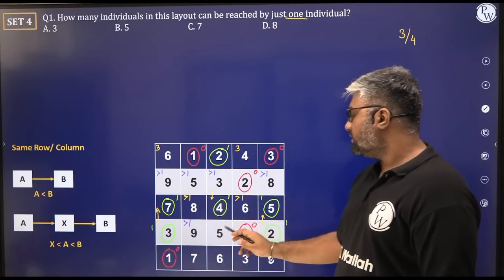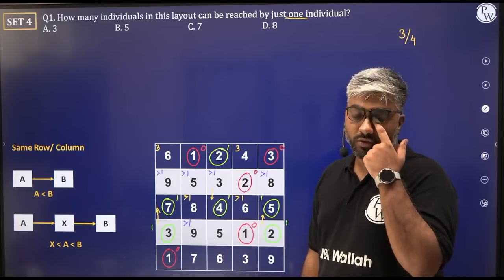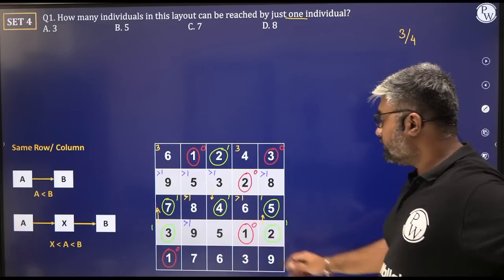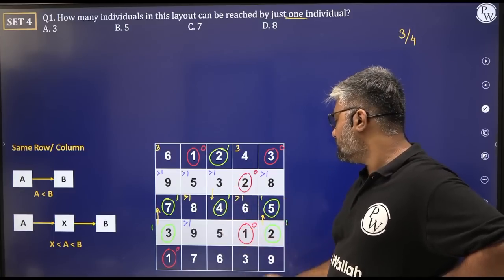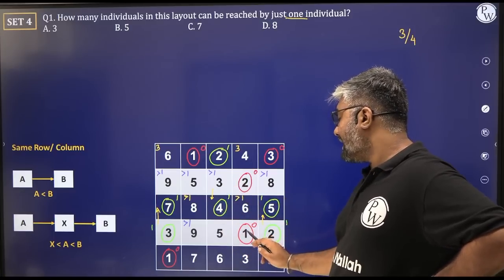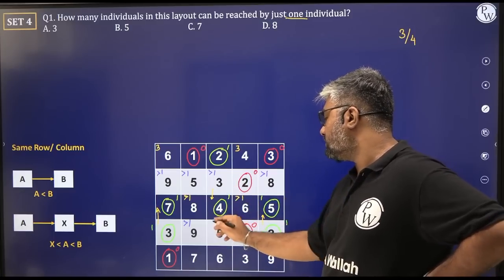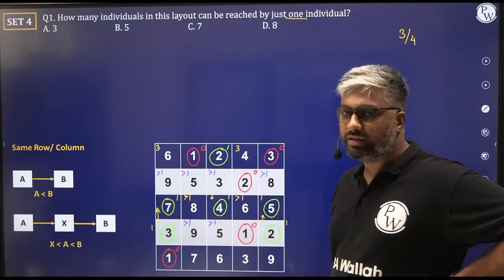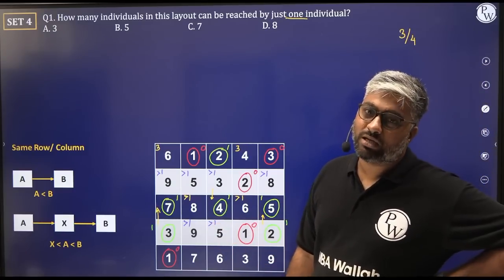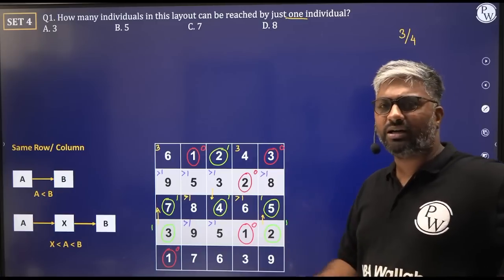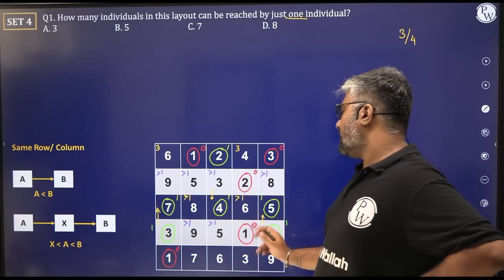Yes. What about this 5? 5 should be surrounded by 4, 3, 2 and 1. This 5 is surrounded by 4, but again you cannot go 3, 4 and 5, not possible. 6 and 5, not possible. It has a 1 and a 2, here it is possible. So this is greater than 1. Leave it. Right? It's in the last question. For the last question you can think whether you want to get deeper into it or not. Otherwise skip it. Okay? 1 is done.